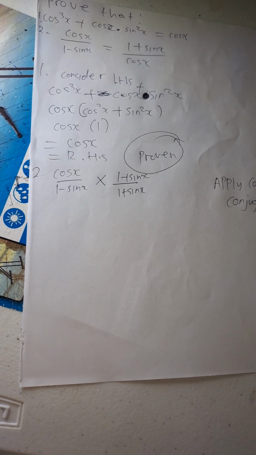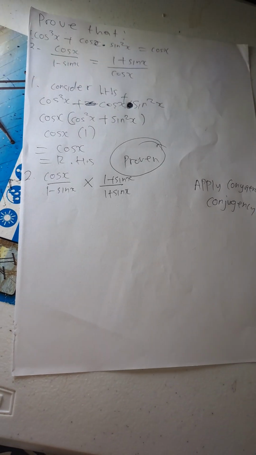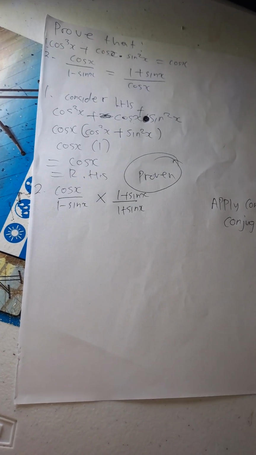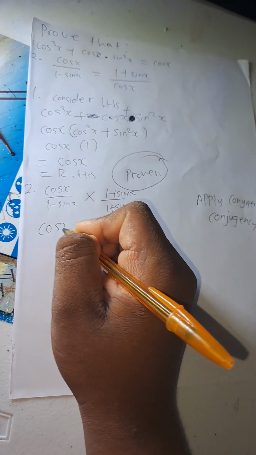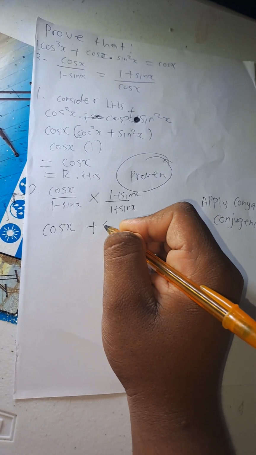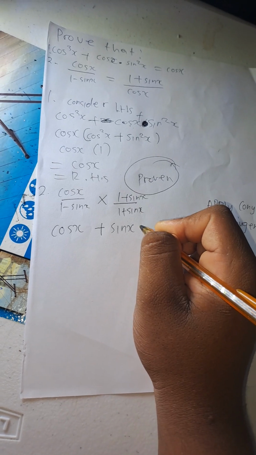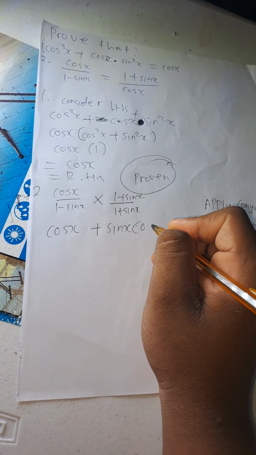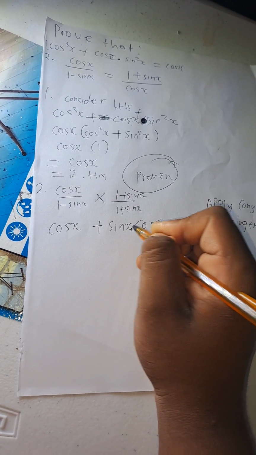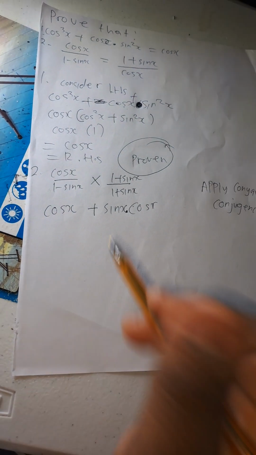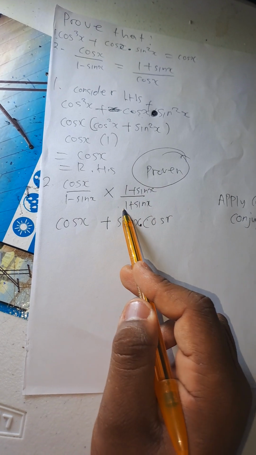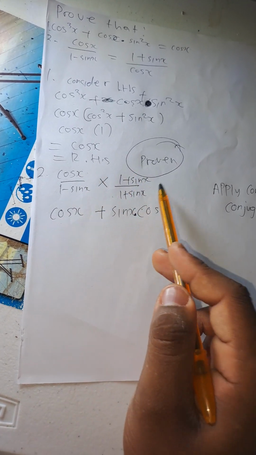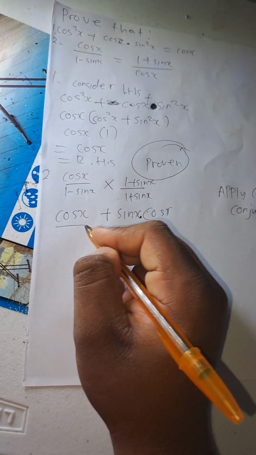So it's going to be something like this. Check this out. I want you to check this now. Are you checking? It's going to be cos x plus sine x cos x, which is multiplied. Do you see it? 1 times cos x is cos x, and then cos x times sine x is sine x cos x, over,